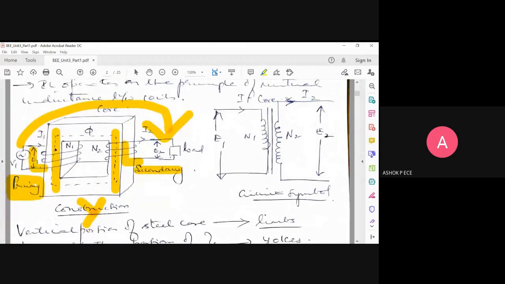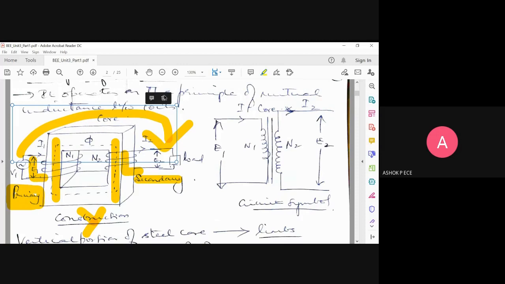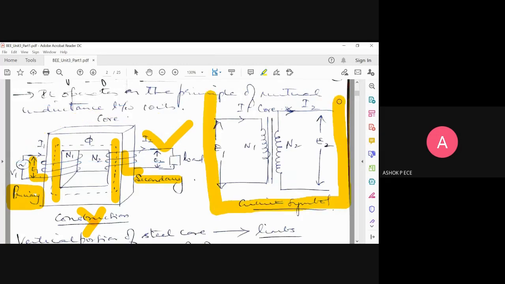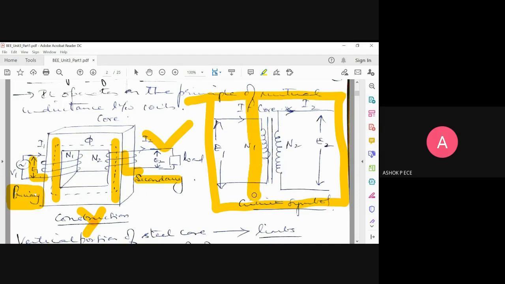Okay, so number of turns in primary is going to be N1. The number of turns in secondary is going to be N2. See, all the suffix 1 will indicate your primary, the suffix 2 will indicate your secondary. So every time I cannot draw this big circuit again and again, right? So this is going to be my circuit symbol of my transformer. So you see, you have E1, N1, I1. That is primary, E2, N2, I2, secondary. And primary will have N1 number of turns, secondary will have N2 number of turns, and this is going to be your core.